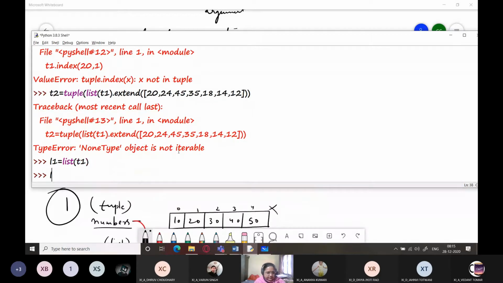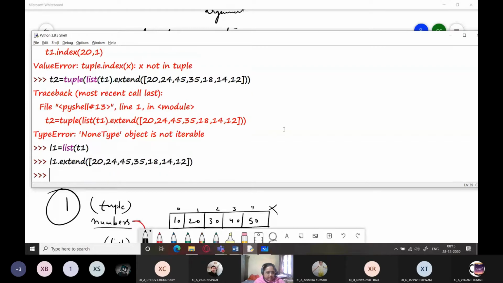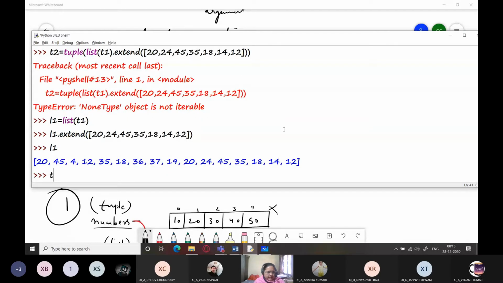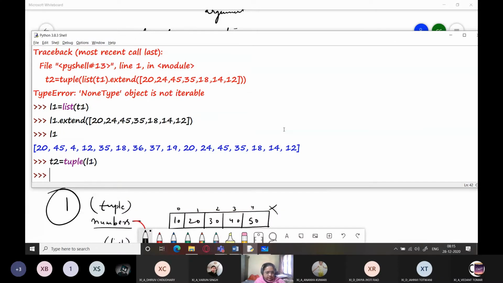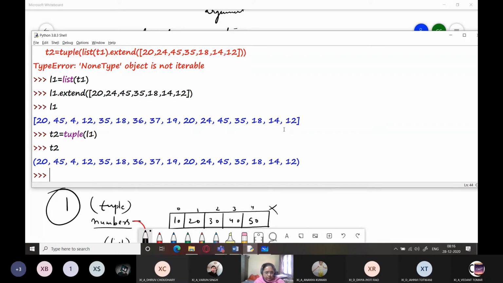List of t1, l1 dot extend. Okay, so l1 is this, and now I will create t2. So this is my t2, right?